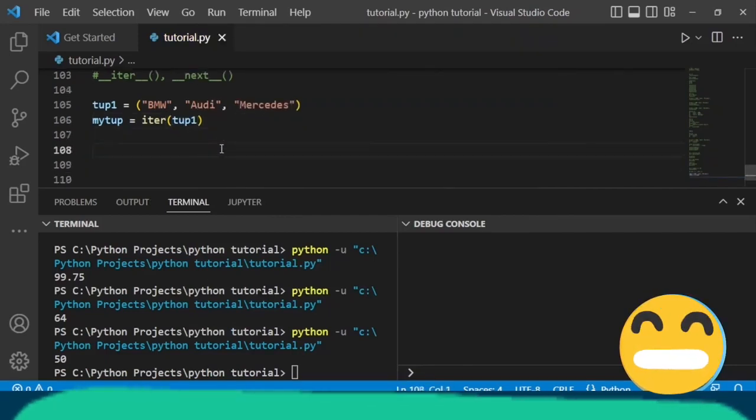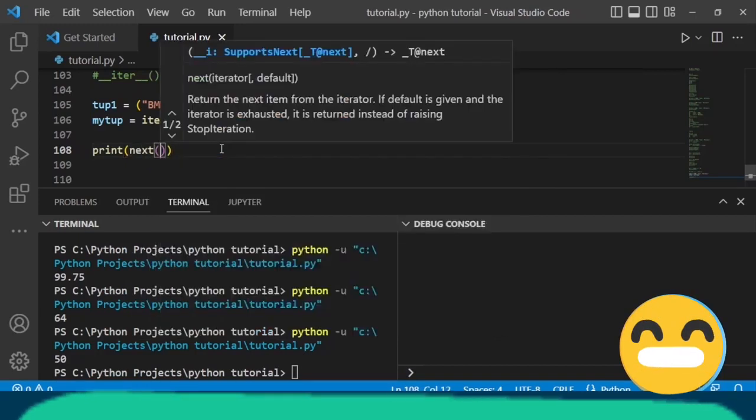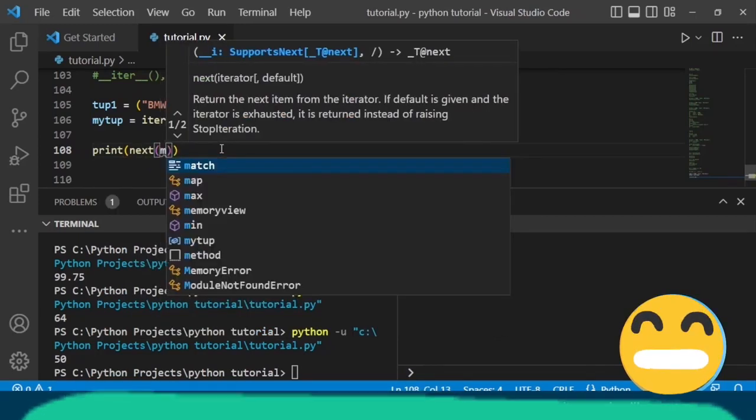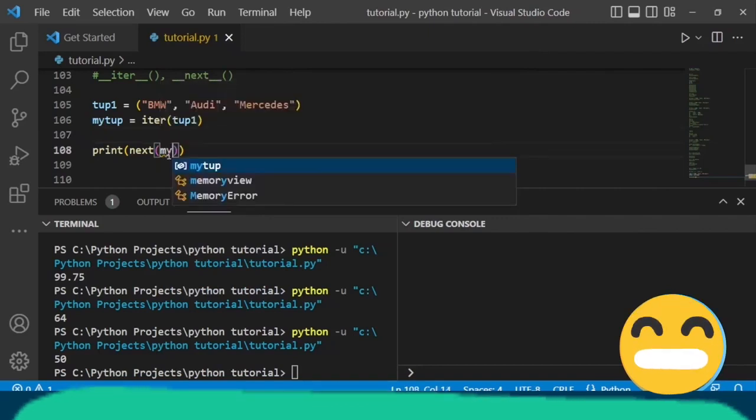And now to iterate this tuple, we will write print, and using the next function inside we will write the name of the variable in which we have passed the tuple, that is myTuple,